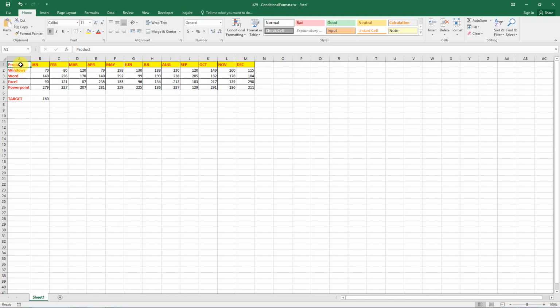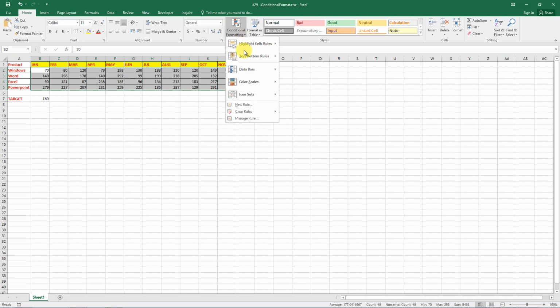Sometimes you will need to compare many cells, for example the monthly sales of a year, with a value like your monthly sales goal. If the sales of a particular month exceed the monthly sales goal, then it will fill with a specific color. So you want to create a conditional formatting rule. The first step is to select the cells B2 to M5, in which the rule will apply. Then from the Home tab and Style section, click Conditional Formatting and then New Rule.